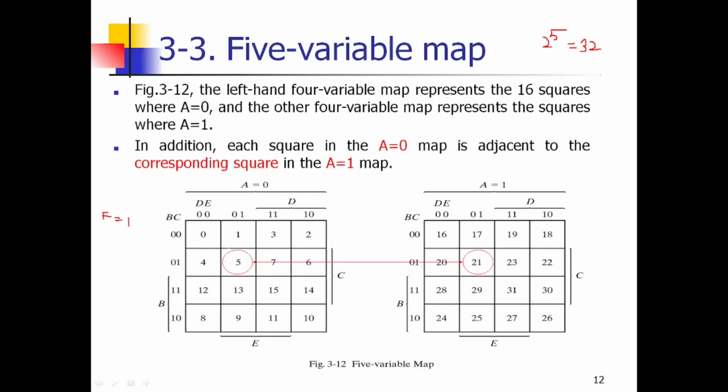Okay. And we can't say this first column and the last column is an octet. This is not an octet. The corresponding columns have to be mapped. So this first column and this first column is a possibility of octet, and the last column of this one and the last column of this one is also a possibility of octet. We should not say that the first column and the last column of this, the first column of the first 16 cells and the last column of the second 16 cells,